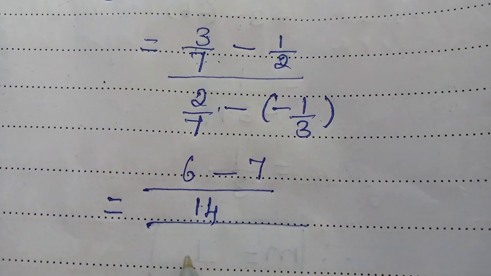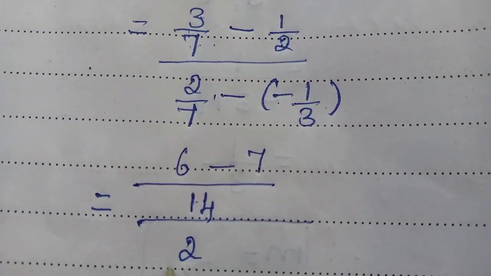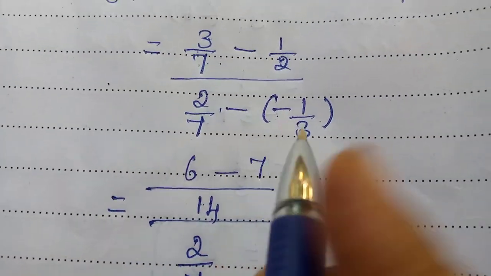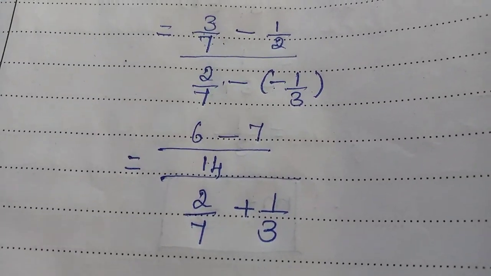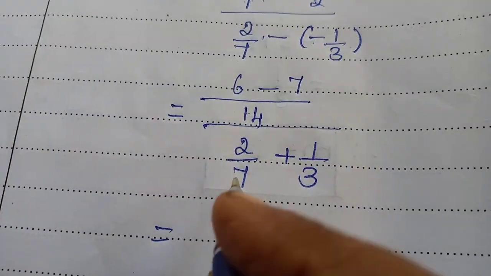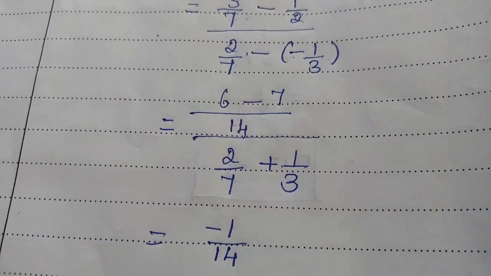So that is the denominator, there is minus into minus plus, is it? 2 by 7 minus into minus plus 1 by 3, which is equal to 6 minus 7 we have minus 1 divided by 14 divided by,